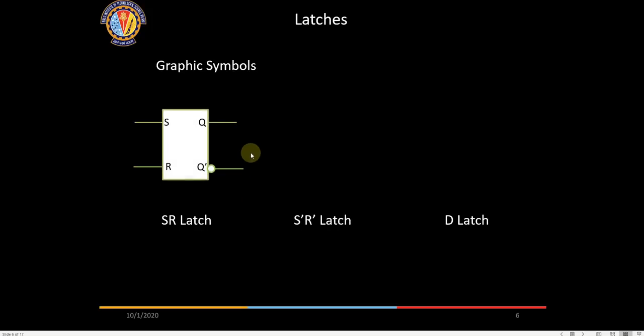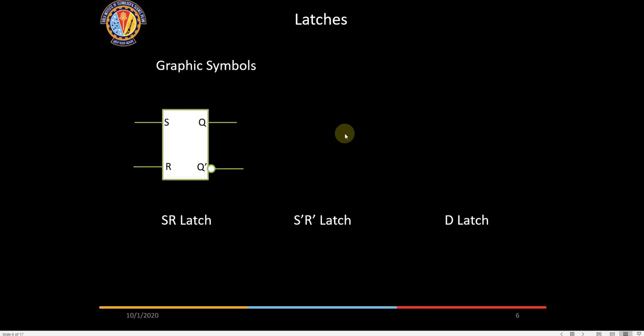Now these are the symbols. Are you able to hear me? Yes, sir. So this is an SR latch. This is the symbol with S, R, Q and Q bar. This bubble indicates it is Q bar. A bubble always indicates active low, and no bubble is active high.